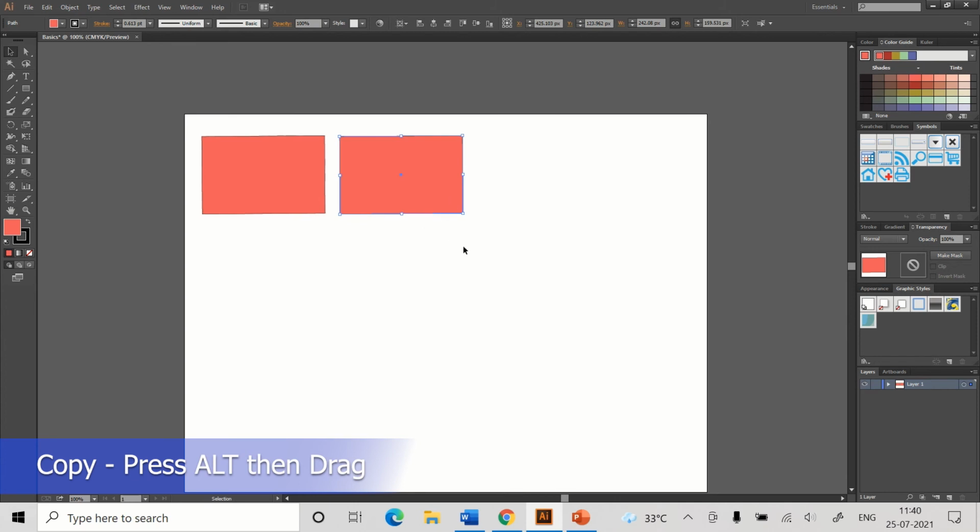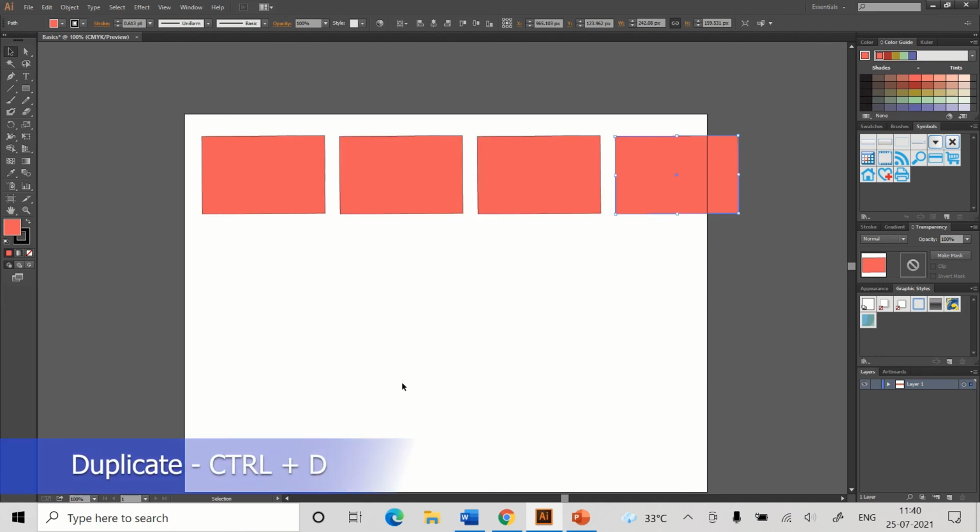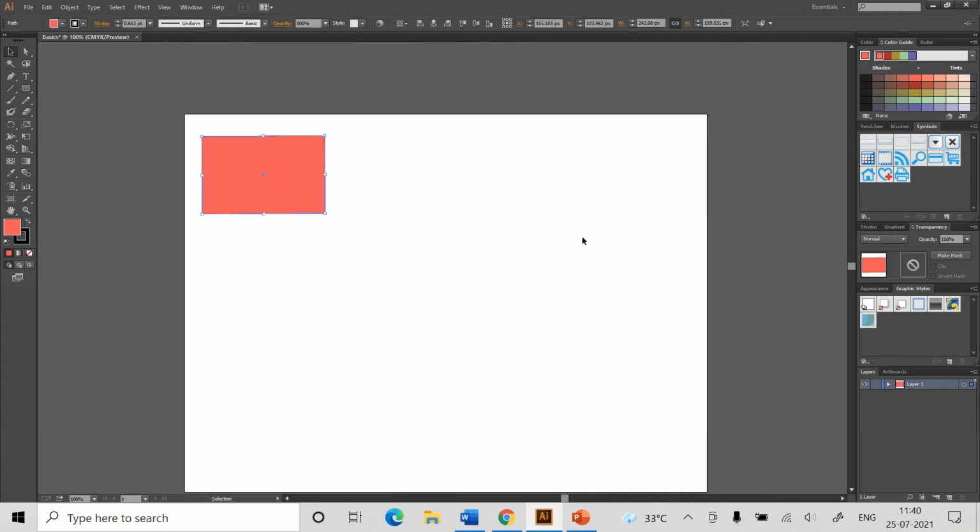Once you drag it, you will find another copy is available. And let's say there is one more option. If I have to create multiple copies of this in the same way, instead of deselecting it, let it be selected and then just press Control D. After pressing Control D, you can see multiple copies are here right now. We will understand these things in detail later on also. So right now let's understand what else we can do with the help of the selection tool.